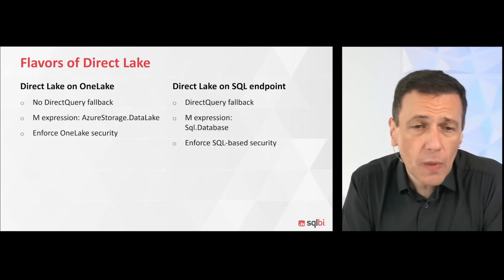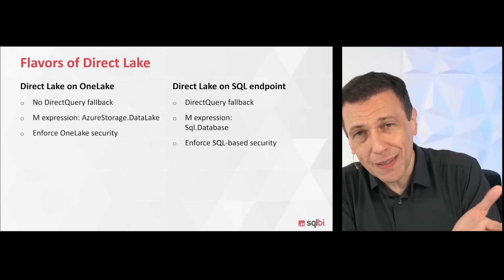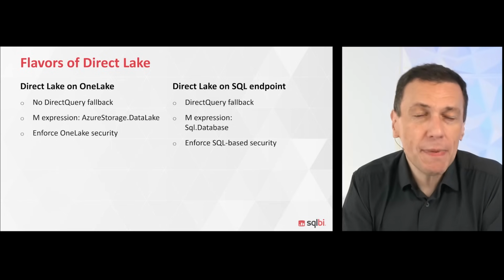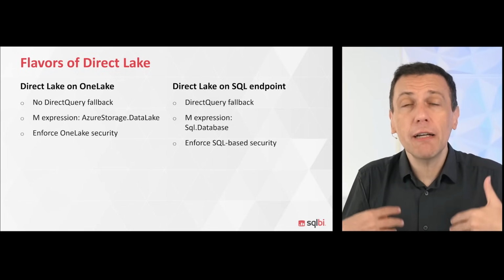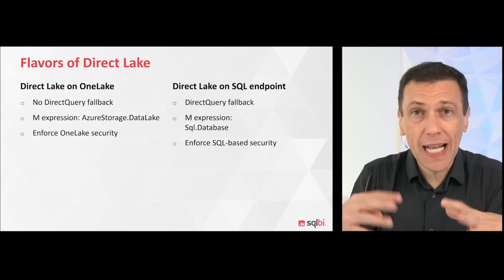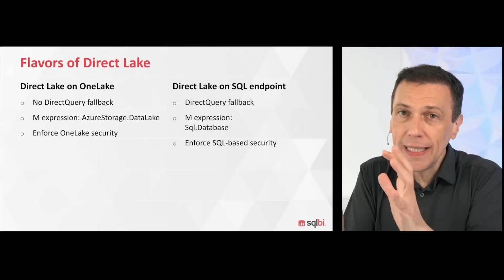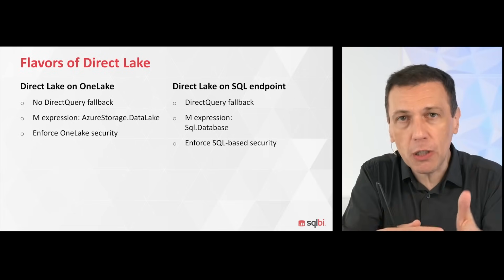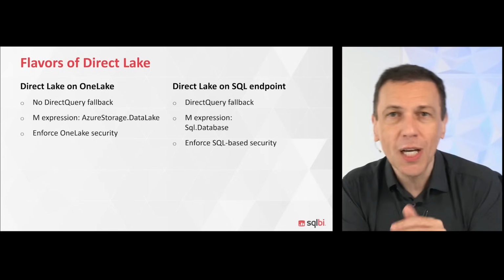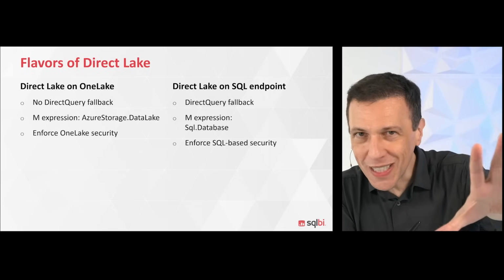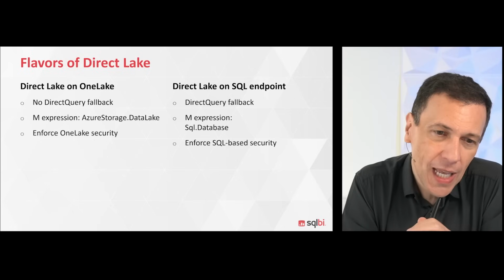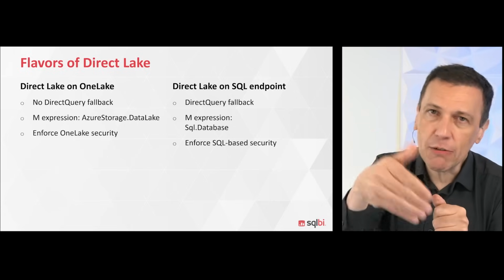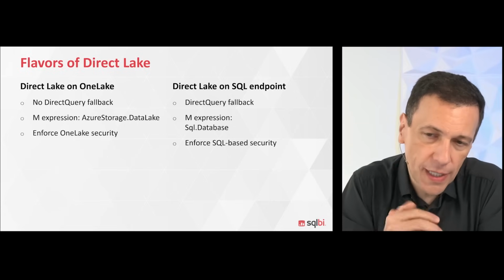And if we use the, let's say, old way, the Direct Lake on SQL endpoint, what happens is that if there is not enough memory, then there is a fallback to Direct Query, which means that now in those conditions, the query will be redirected to Direct Query over SQL and will become a SQL query that is sent to the SQL engine over the Lakehouse or the warehouse. And in that case, there is also an enforcement of the SQL-based security if you have SQL on that side. Now,